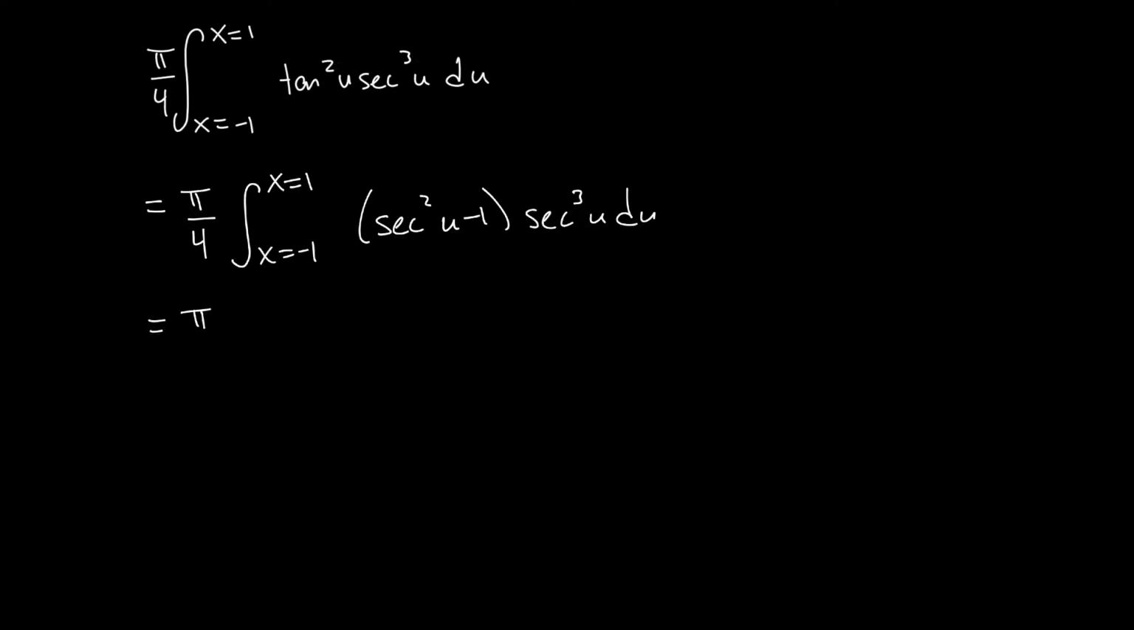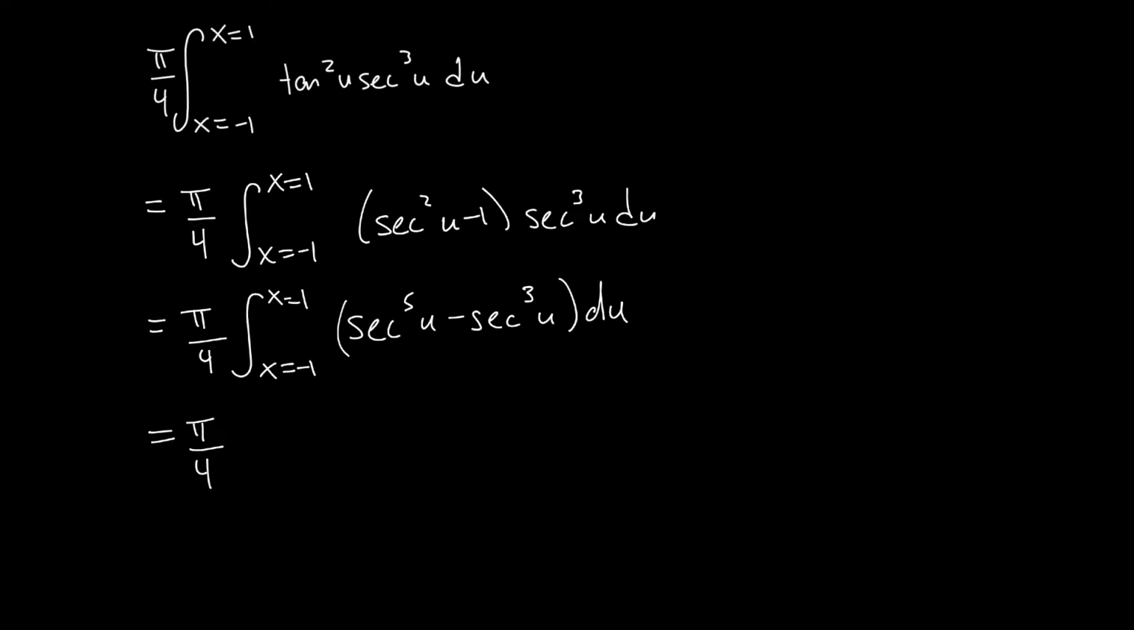So you're looking at pi over 4 times the integral from x equals negative 1 to x equals 1 of secant to the 5th u minus secant cubed u du. Now, this is two separate integrals that in and of themselves are both fairly long. So the first one is the integral from x equals negative 1 to x equals 1 of secant to the 5th u du, minus the integral from x equals negative 1